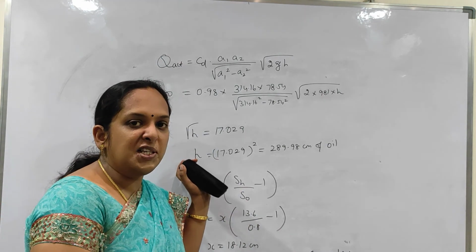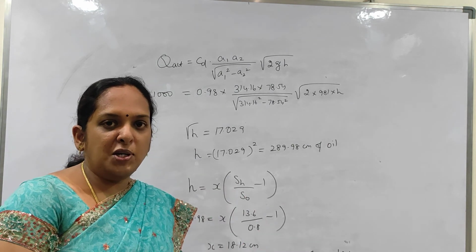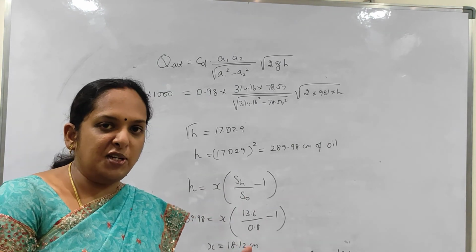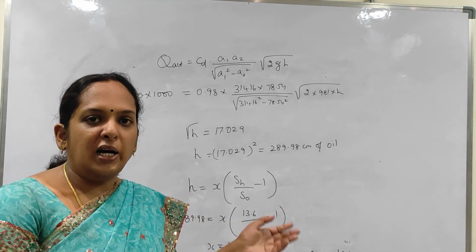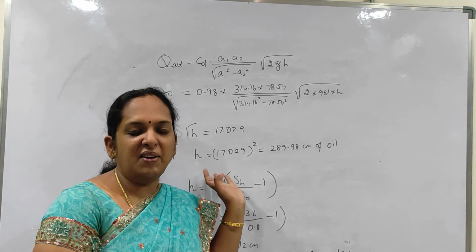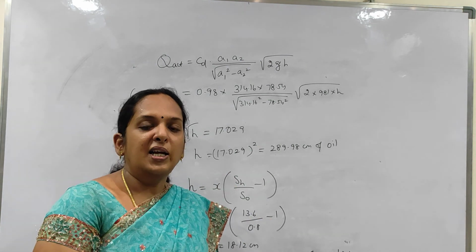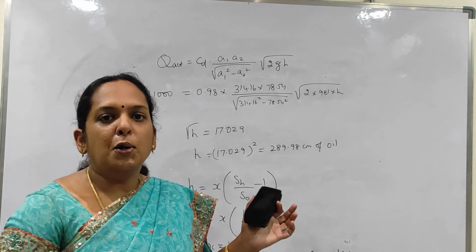So in this class we were looking at Bernoulli's equation as well as its applications. We have not derived Bernoulli's equation, we have just recalled it, and we have seen its applications in the venturimeter, where we derived the equation for the theoretical discharge as well as the actual discharge, and we have seen 2 problems in this venturimeter.